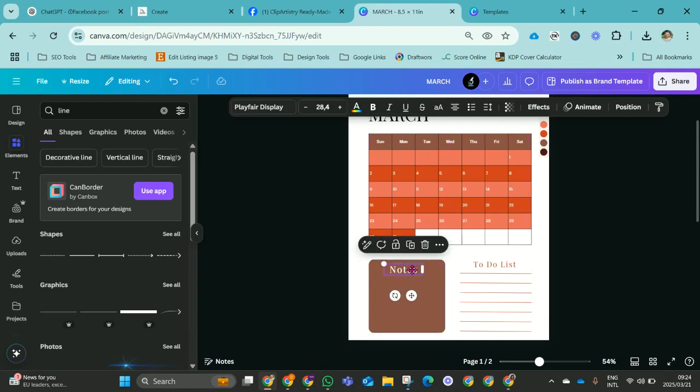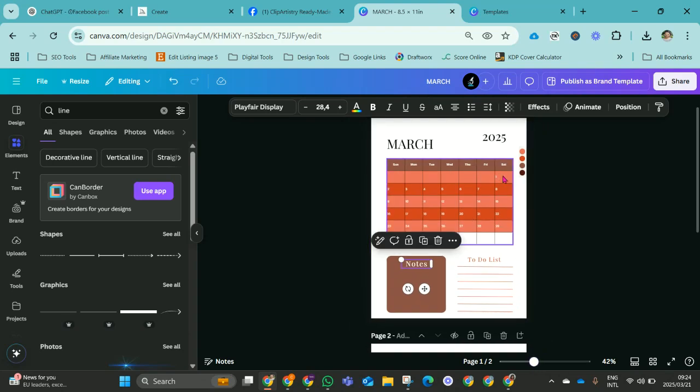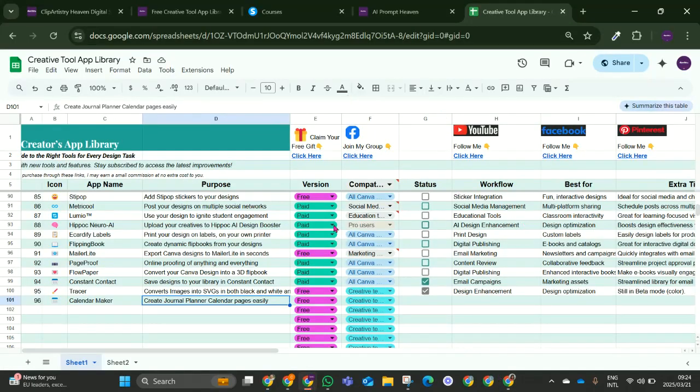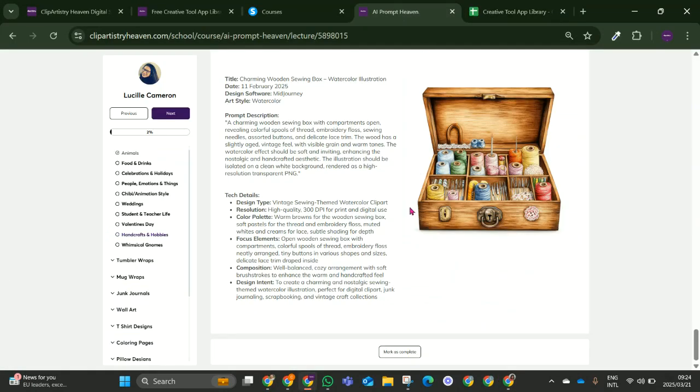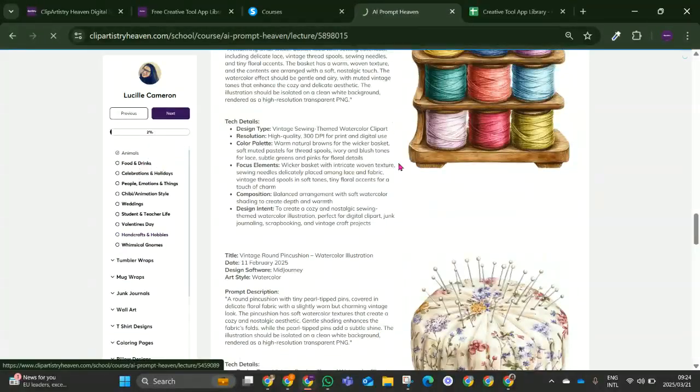And then to really funk it up or spice it up, obviously you would want to make this a little bit more appealing. And how do we do that? With clip art, which is the topic that I speak about all the time. So if you don't know, AI Prompt Heaven is a monthly membership, and it is a vault with all things clip art,